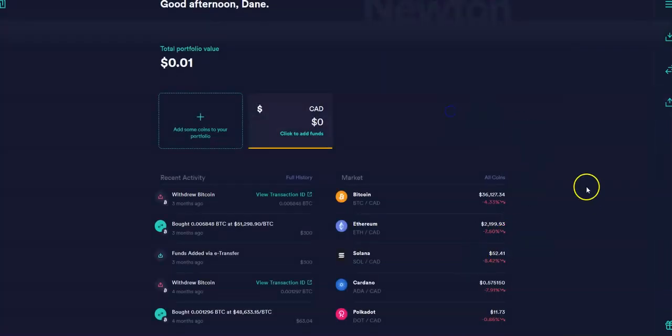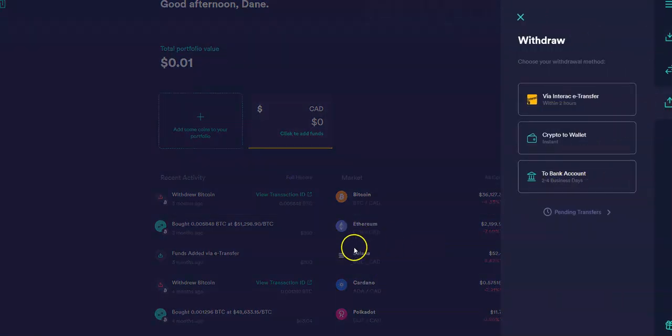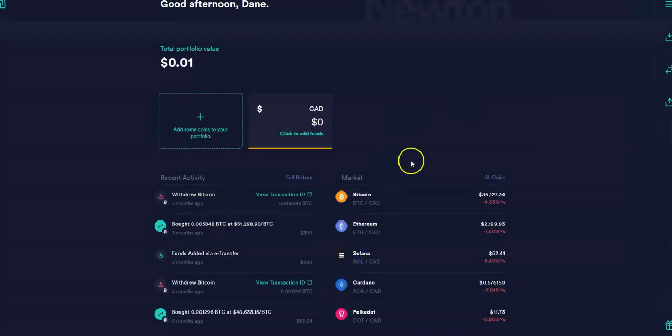Let's say you were invested in a coin like this, for example, and you were making profits, making 50 bucks a day, or $100 in a week, and you wanted to cash that out. You would have to sell the coin. You would have to convert the coin back into